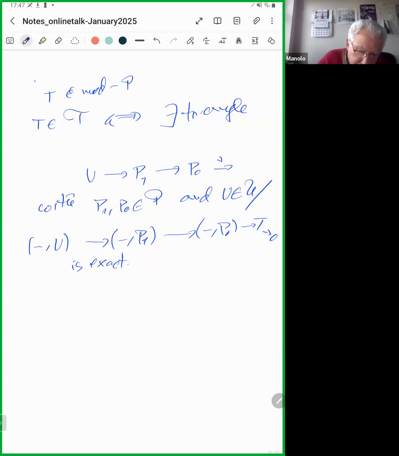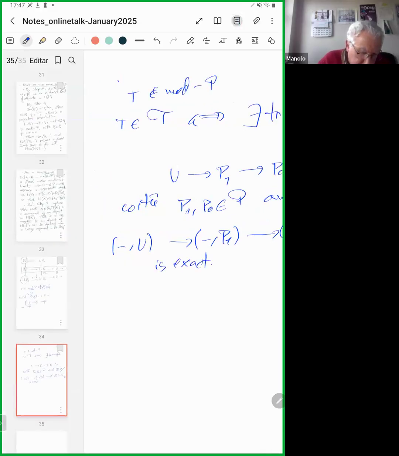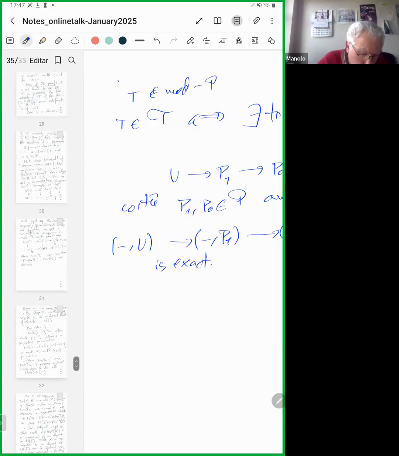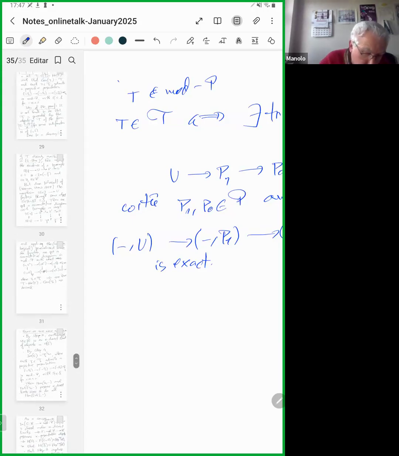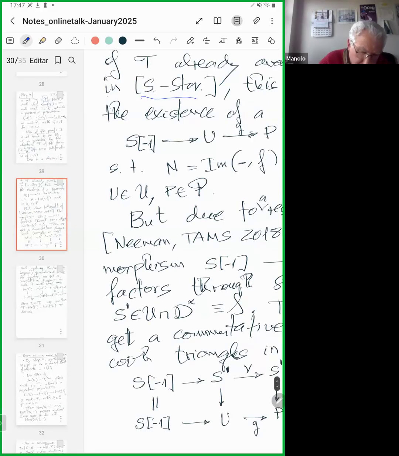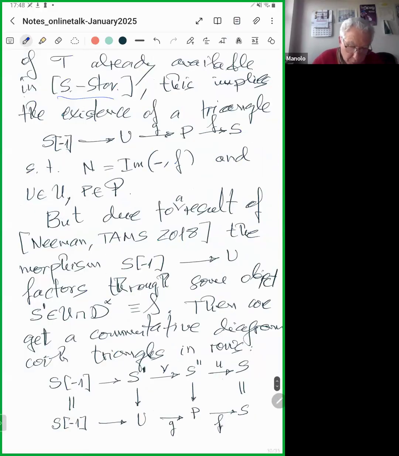Then, due to that description, you have this presentation. You have a triangle like this, with the property that the image is precisely